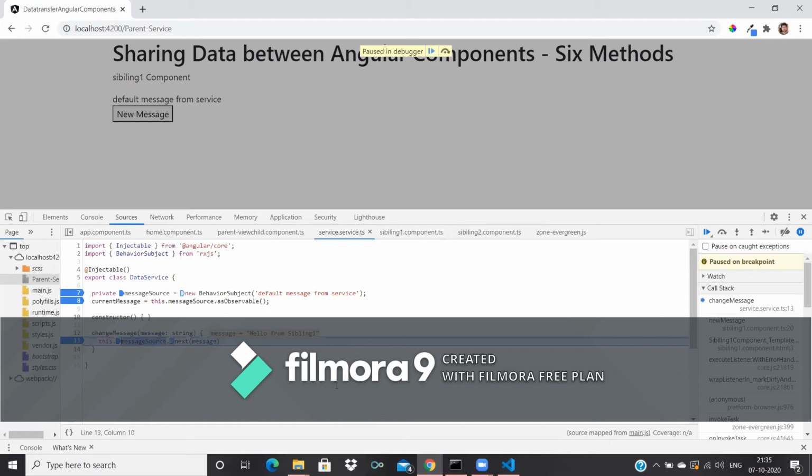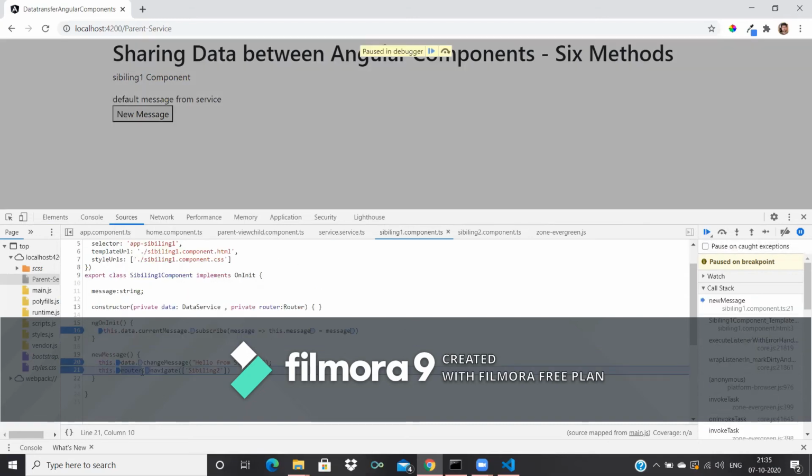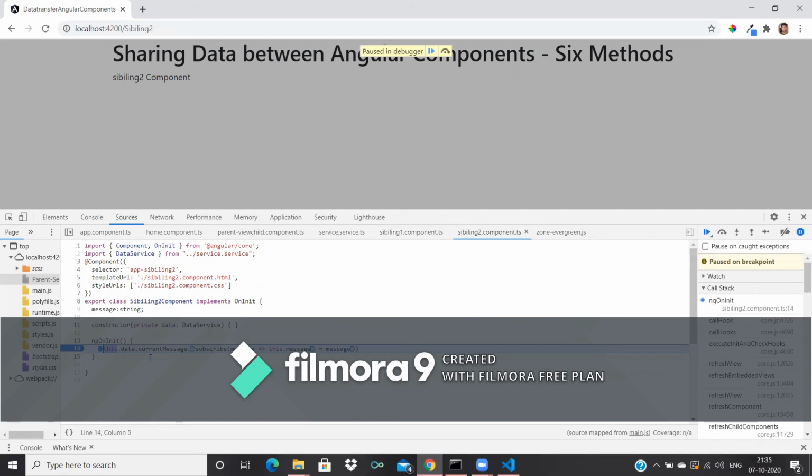Okay, after that I'm navigating from siblings1 to siblings2. Yeah, I navigated, I came to the siblings2 component, and now I'm calling this change current message.